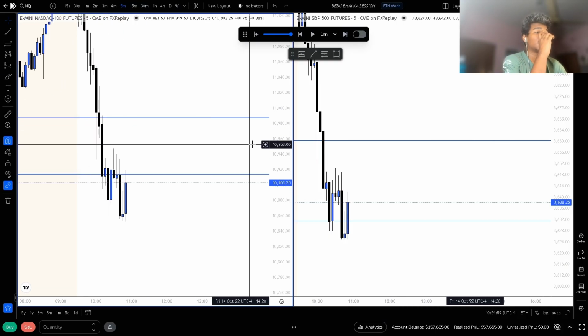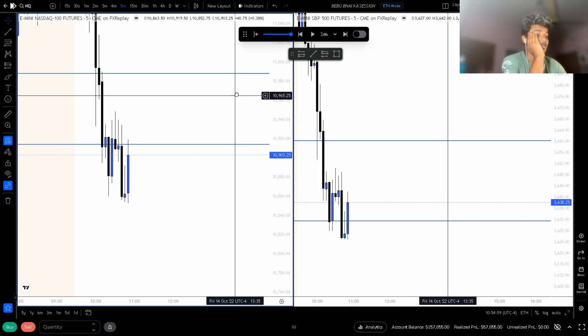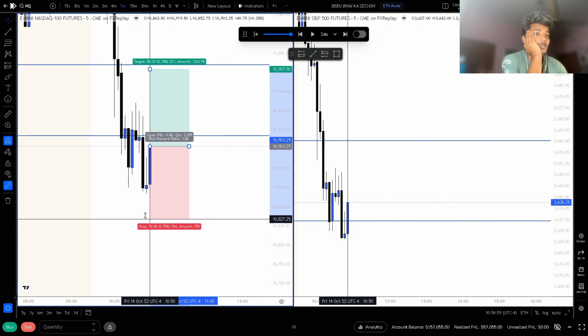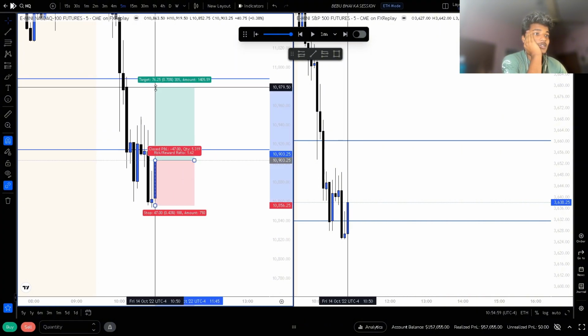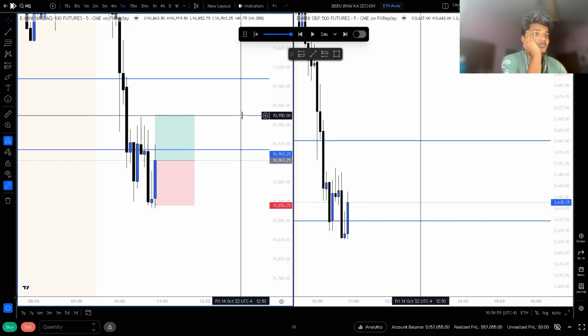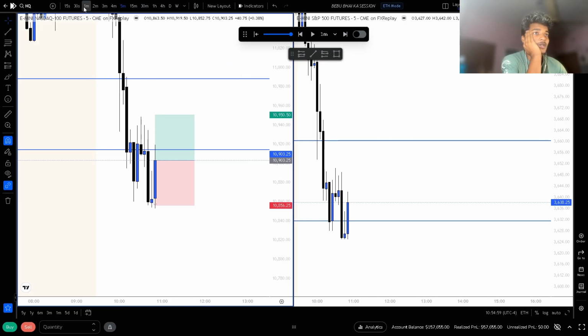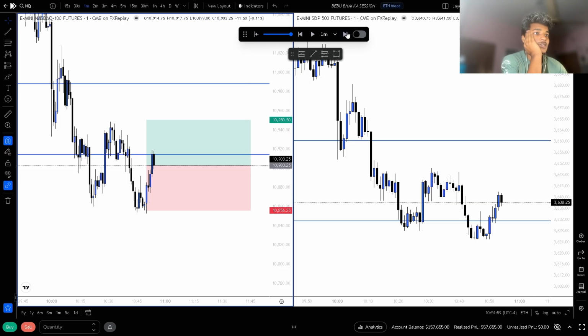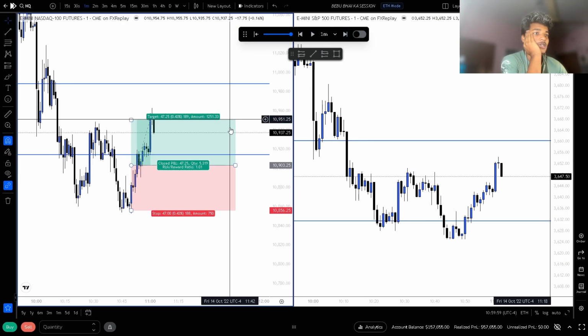so it is a nice long, yeah, but it's outside of my kill zone window. So I will actually not take that, but I do think this is gonna play out really well. Just target 1:1. And the market is also generating low resistance in the 1 minute. So let's see.